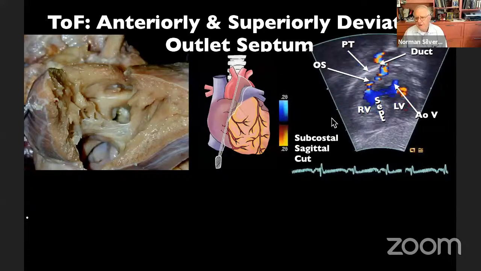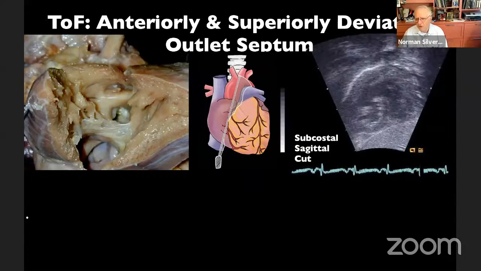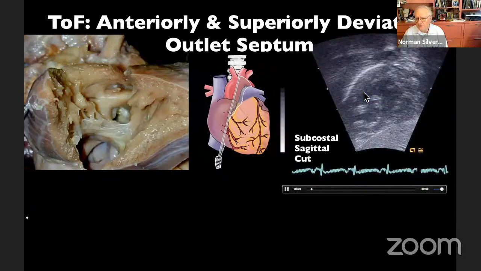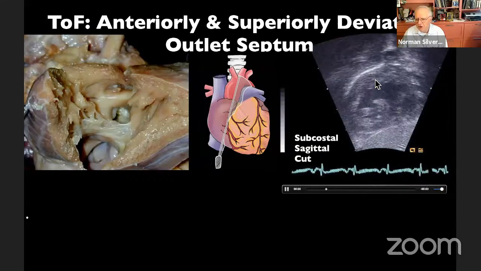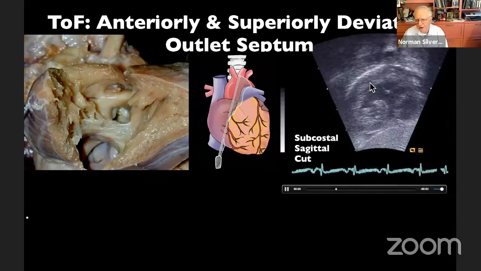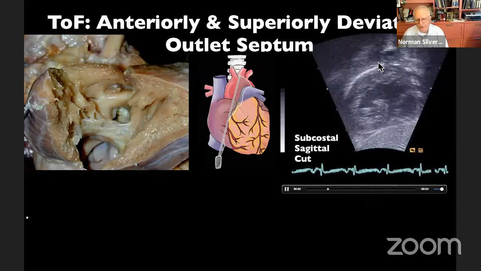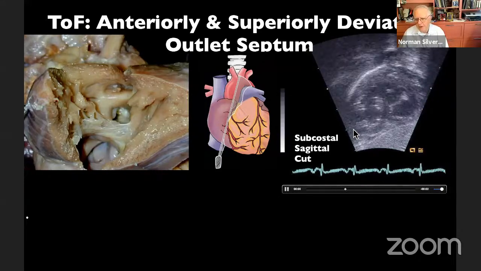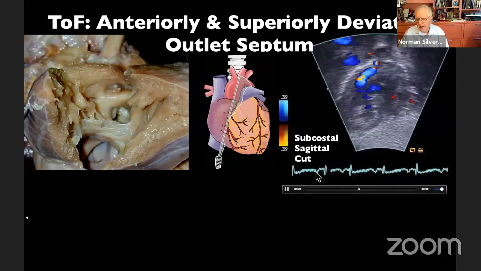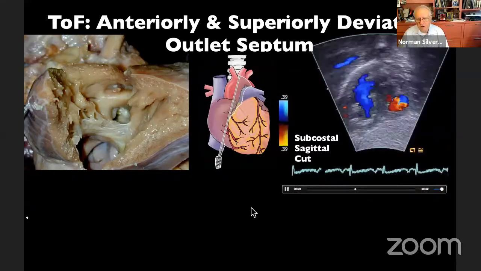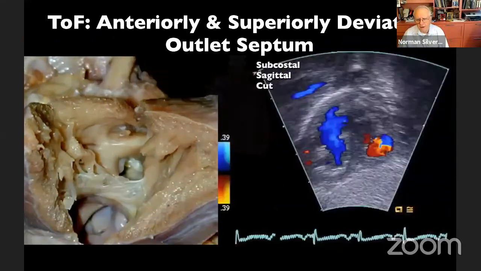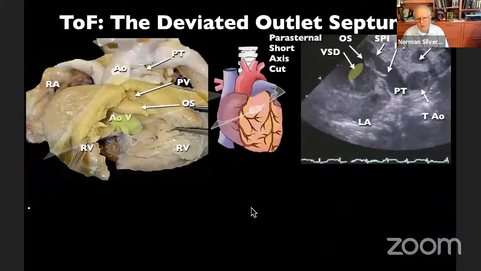And when you add the color flow information on this area, you can clearly see the tight communication here of the severe tetralogy, as well as the presence of an arterial duct. And I will talk about the arterial duct in some detail later on, and the fibrous continuity between the mitral and the aortic valve. So I think a very beautiful correlation. And because of its importance, I'm going to show you another specimen.